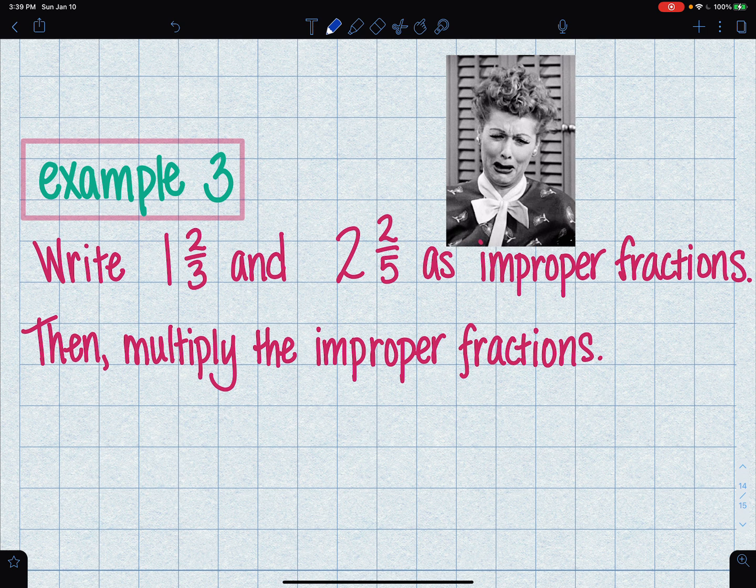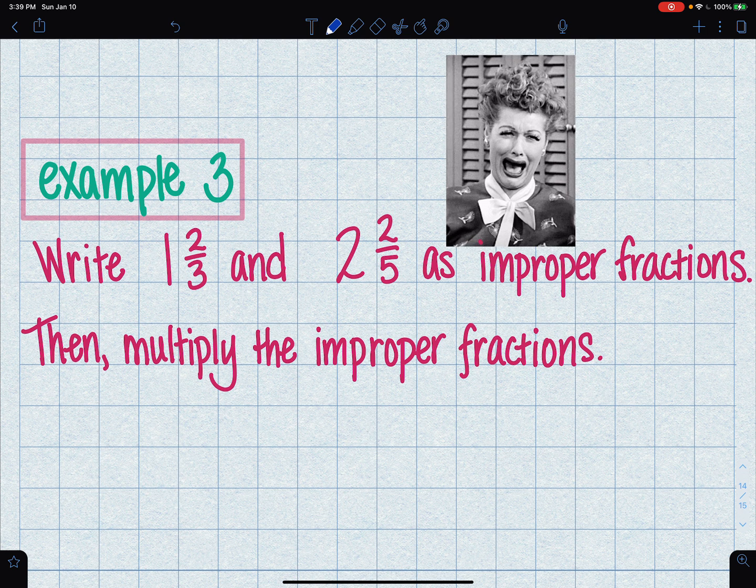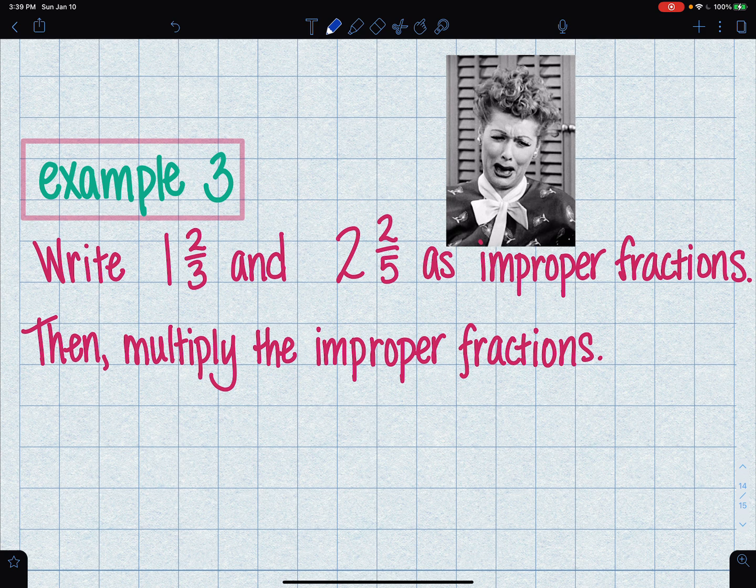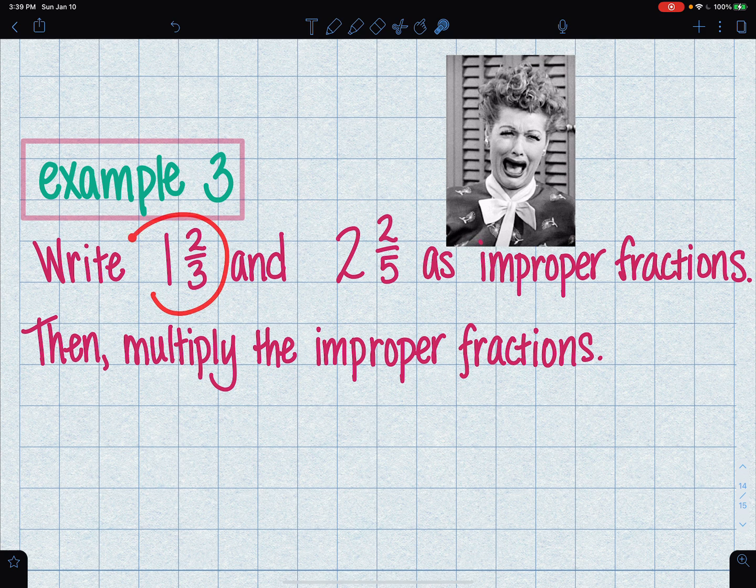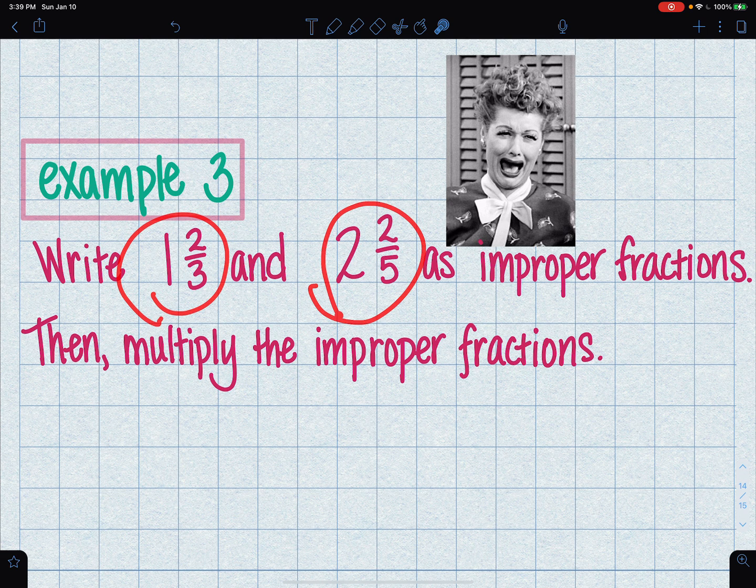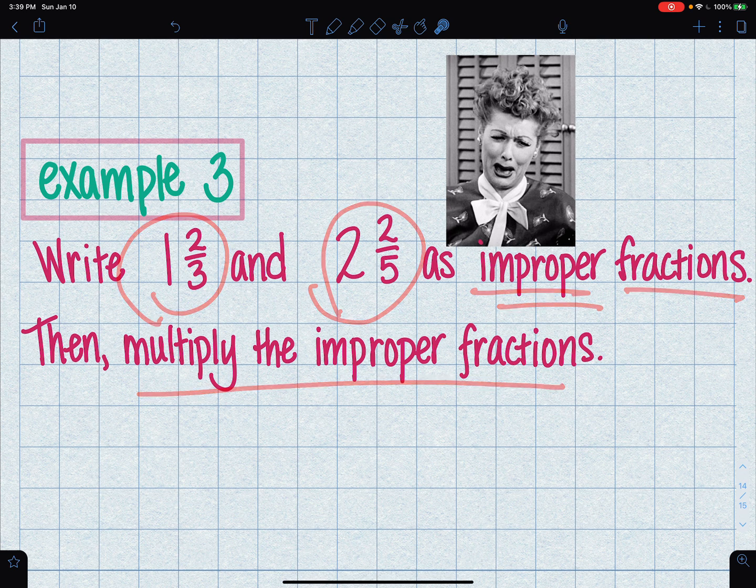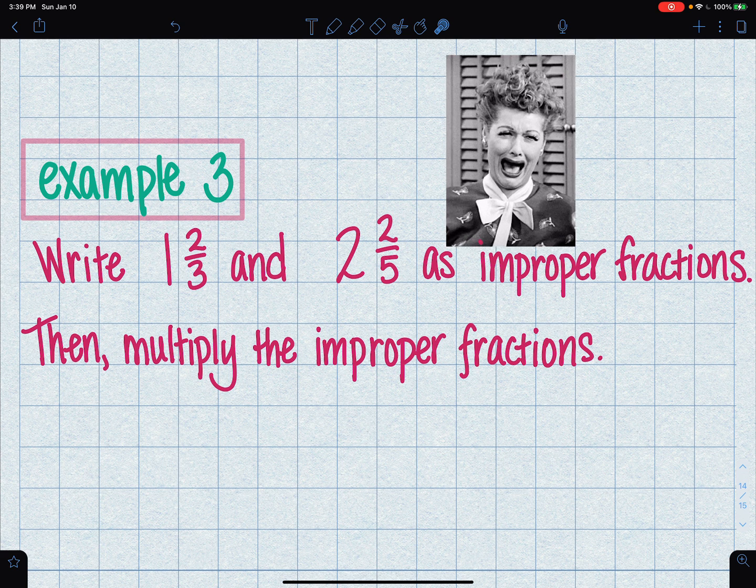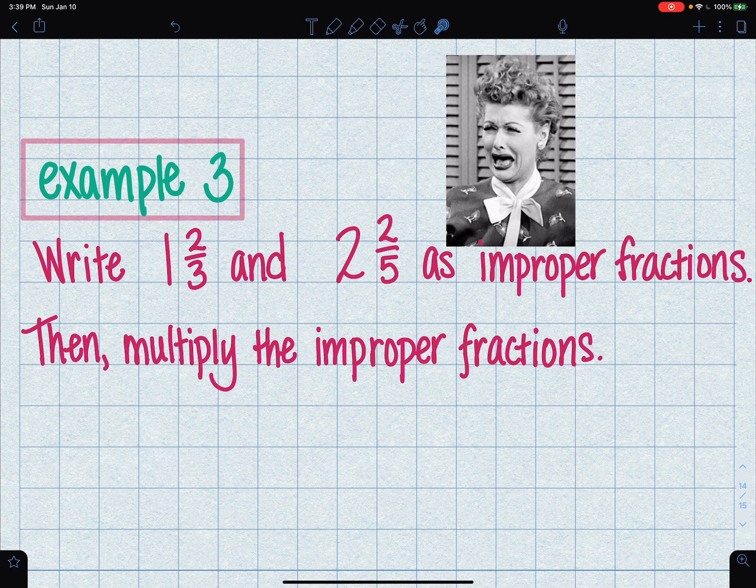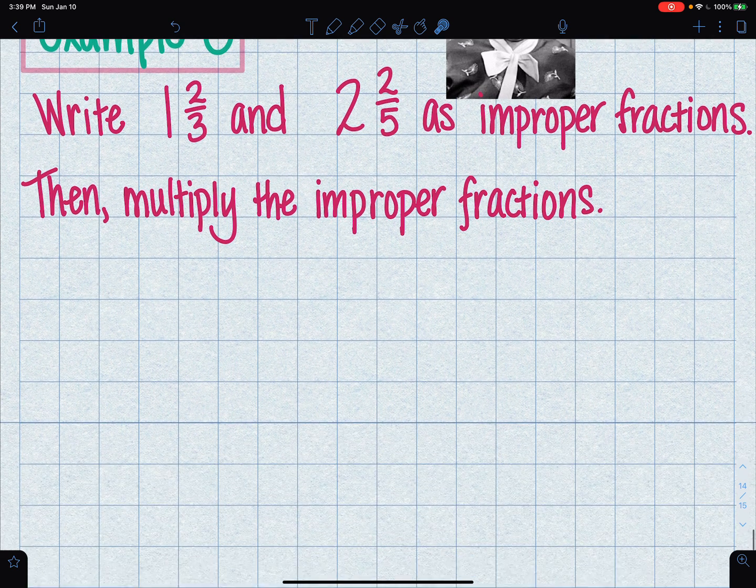Okay, example 3 gets a little bit trickier, as usually our examples do. You've noticed that by now, huh? So it says, write 1 2/3 and then write 2 2/5 as improper fractions. And then we're going to multiply them together, okay? That makes it easier to multiply fractions, I think, when you change them into improper fractions. So let's start with